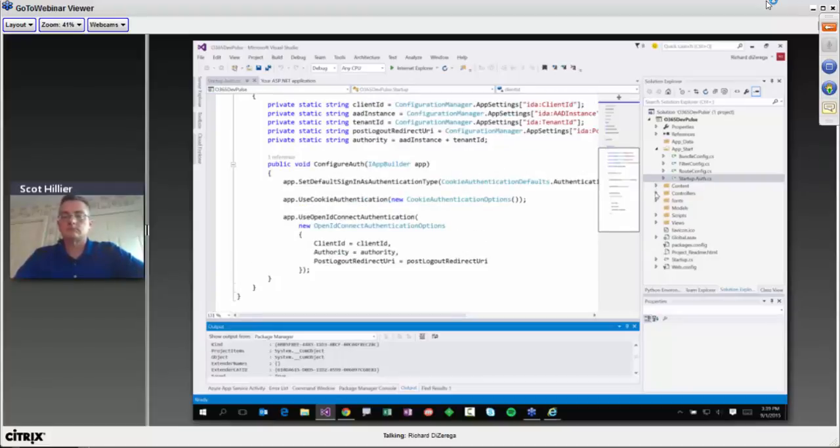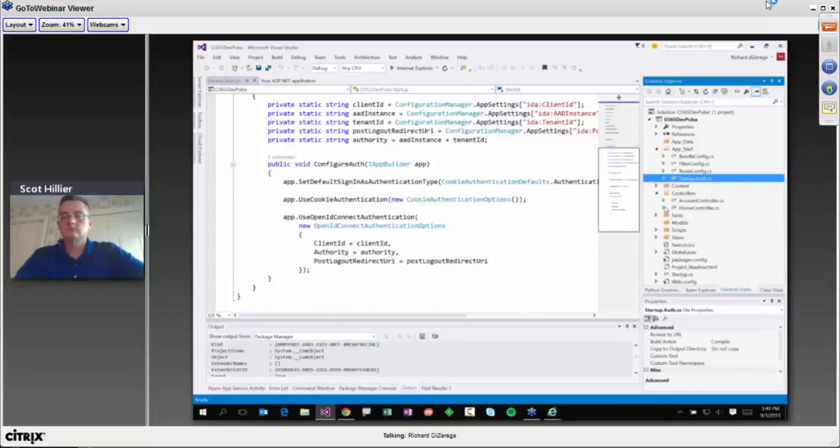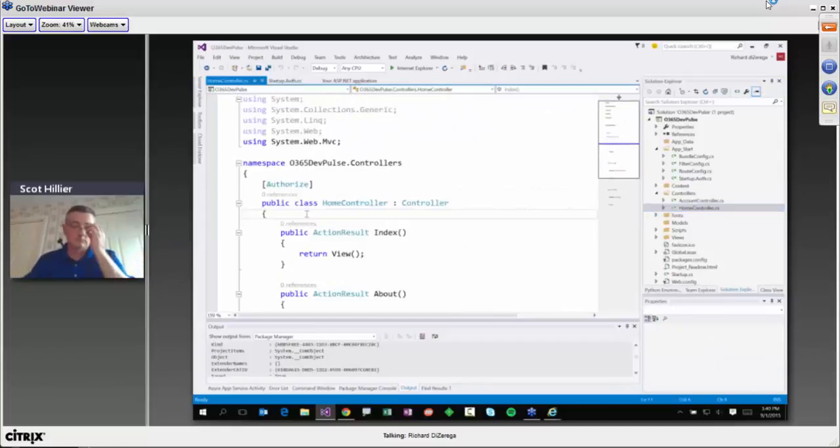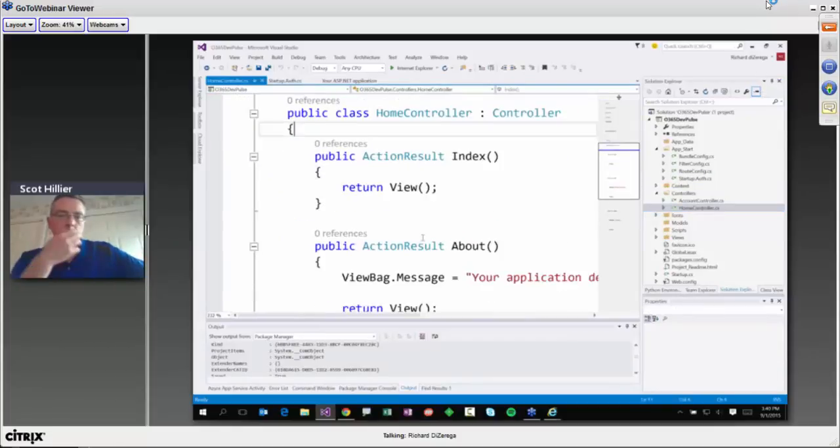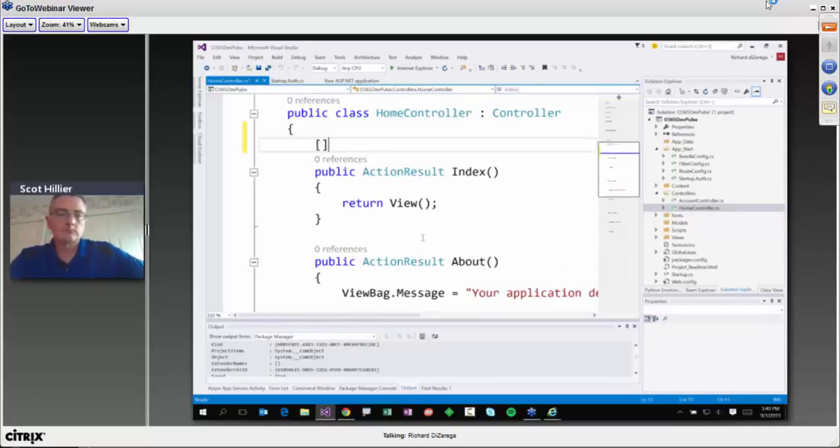So what we can do is simply go directly to consuming services. If I go to my home controller here under index, and I'll zoom in and make this a little bit bigger and easier to see, I can immediately say that, first of all, this has to be authorized in order to call this endpoint. But I can immediately start calling those services against the unified API. And so we'll do a little bit of that here.